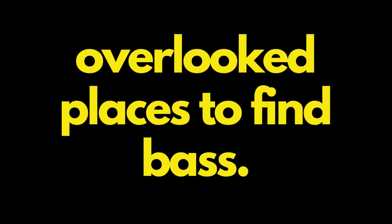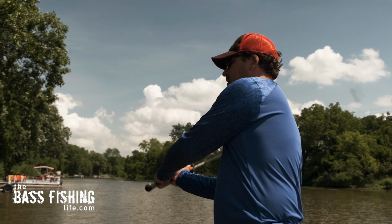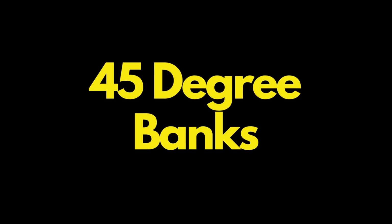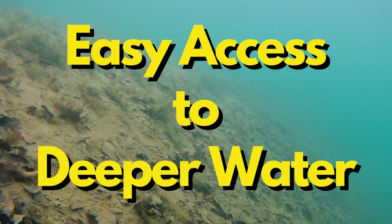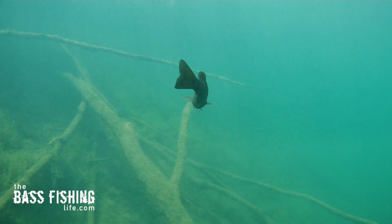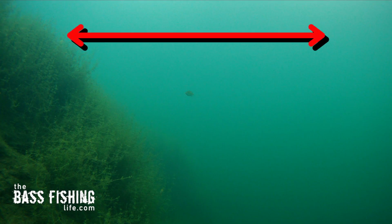This is one of the most overlooked places to find bass, and it works for me in just about any condition, in any season. 45-degree banks are bass magnets, and here's why. Number one is bass have easy access to deeper water. Notice I didn't say deep, but deeper water. They do not have to move that far horizontally to be able to really gain some depth vertically, both down